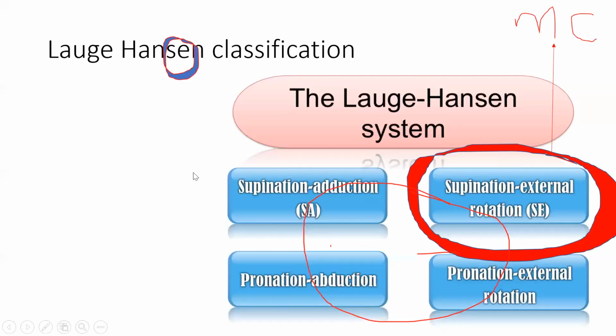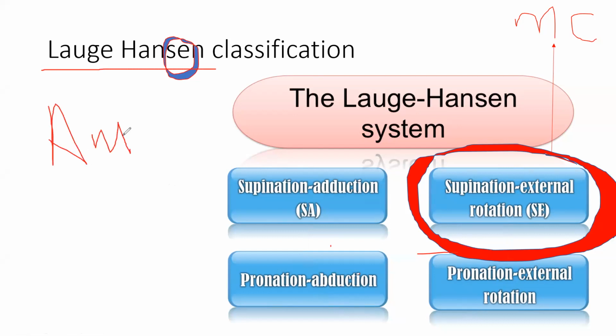Now there is some classification, so you don't have to mug up every classification, you just have to remember this. In the ankle there are different types of fractures. So the Lauge-Hansen classification is there. If you can remember it, it is the ankle fracture classification, it is a way of injury, how the injury happens. So you can remember it that way.